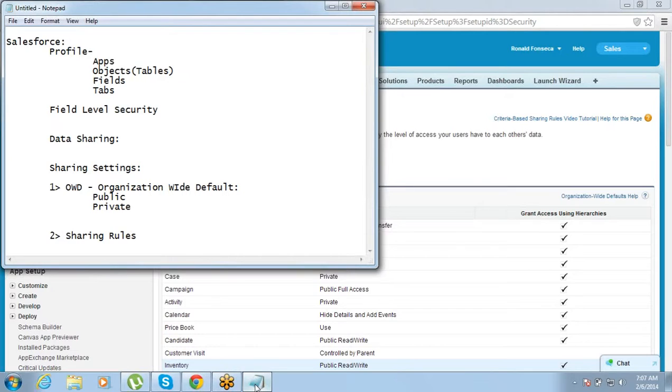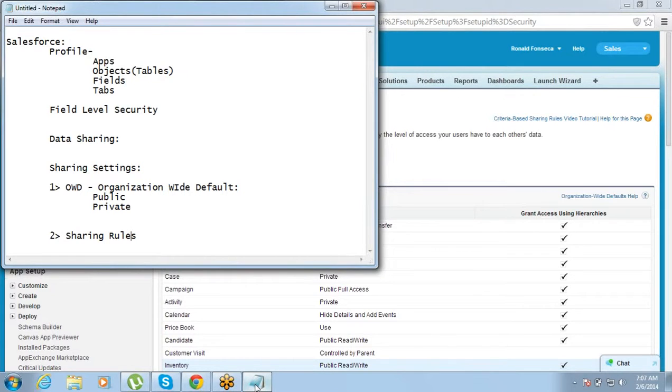As we were talking about field level security and sharing rules, field level security is applicable for all the objects. Are you getting me? You tell me what is your understanding about field level security?